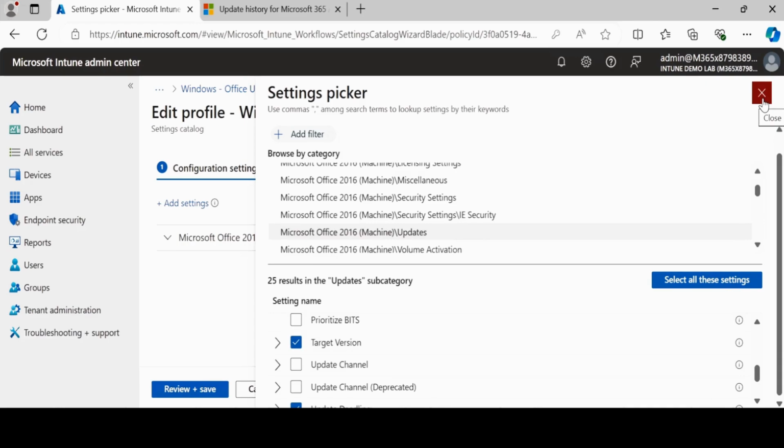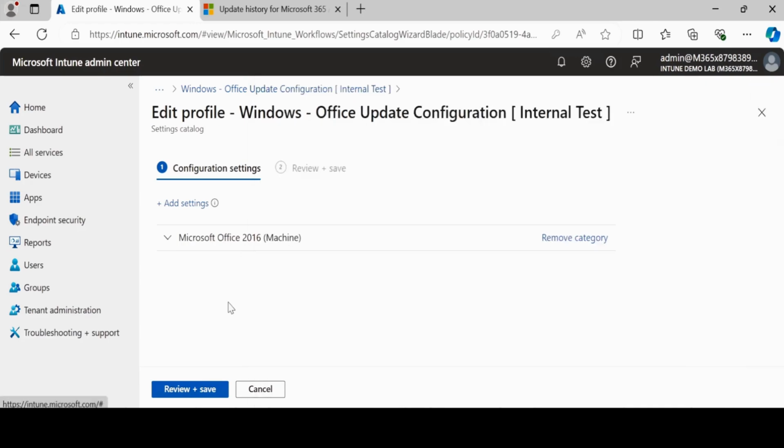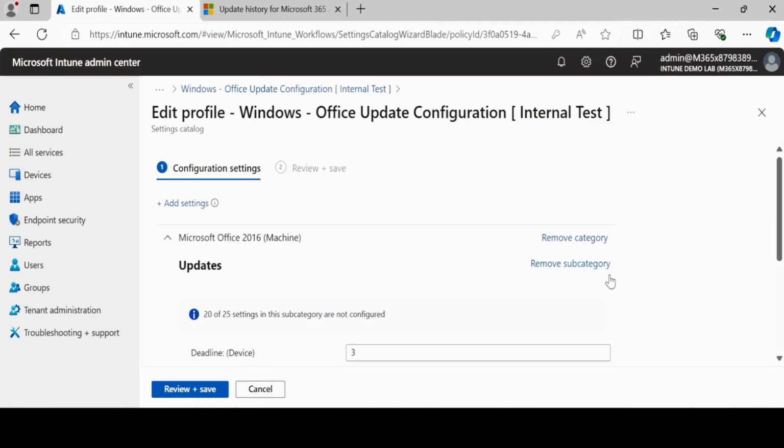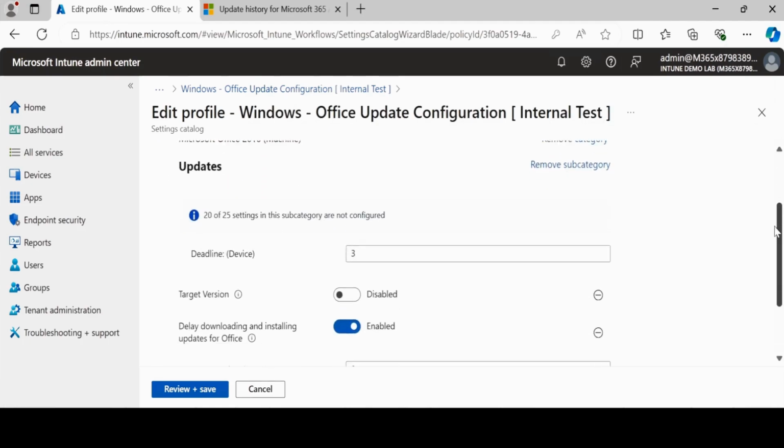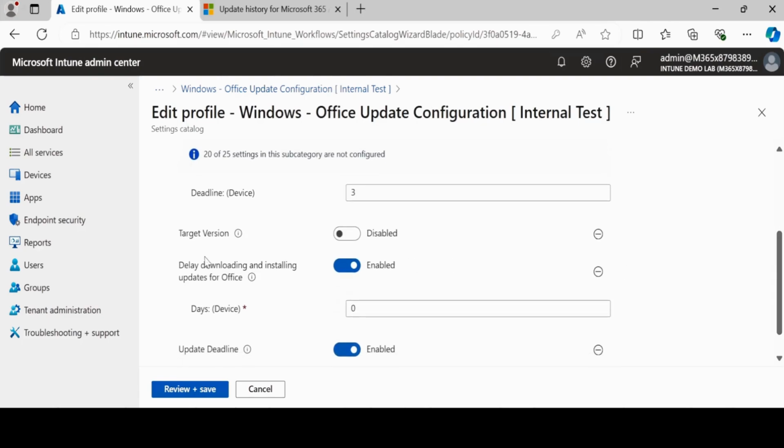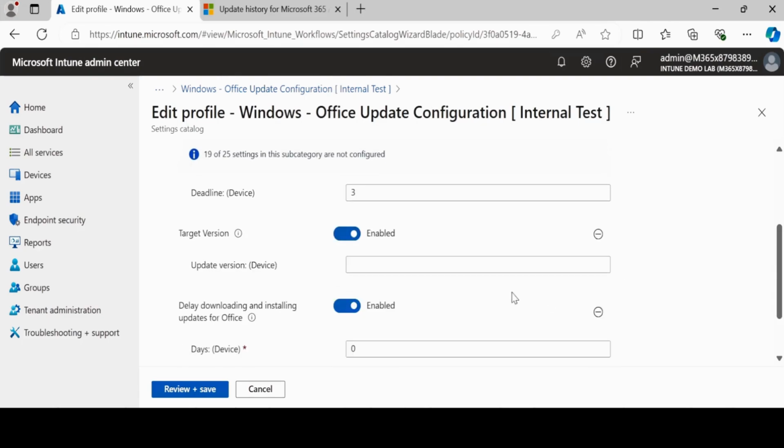Exit from this settings picker, expand the Microsoft Office 2016 machine policy, and from here enable the target version, and provide the version to which we want to upgrade the device.